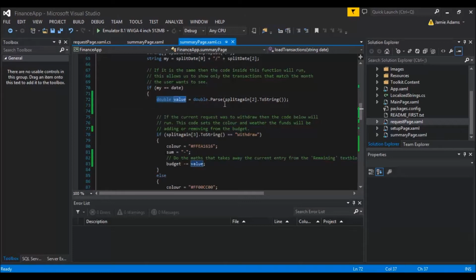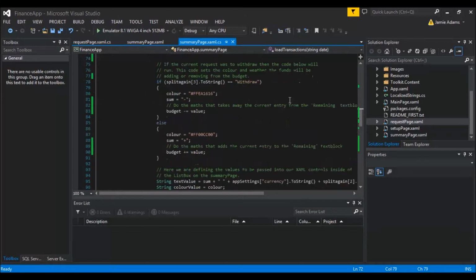Now value is, again, just turning the split 2 into a variable, which is when the while loop is in, let's say, the first entry it finds, if the month matches, which is done here, then it gets the